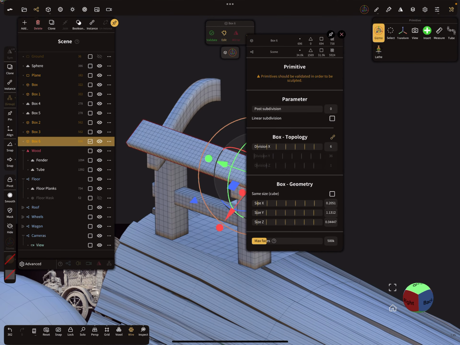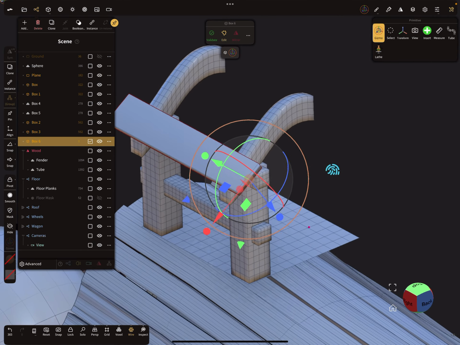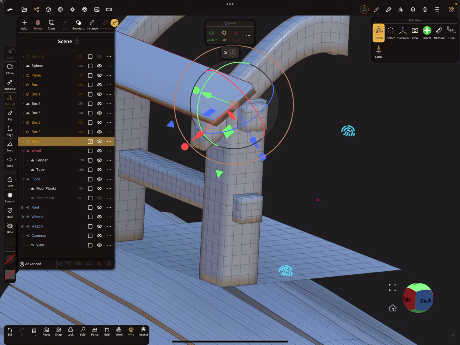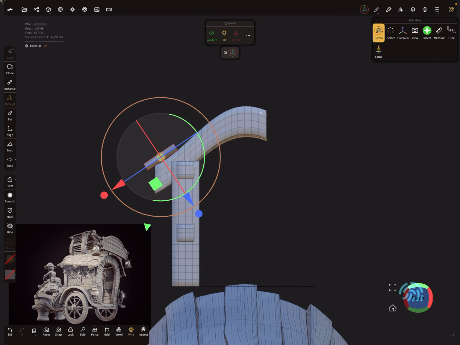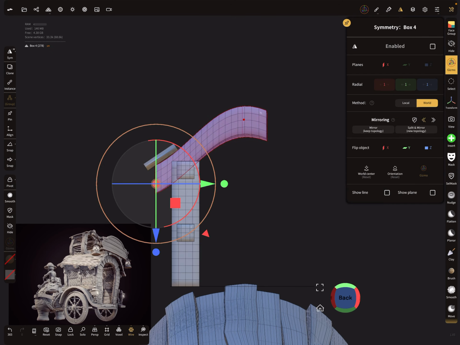So now I change the divisions. So where's my center line? Here's the world center.